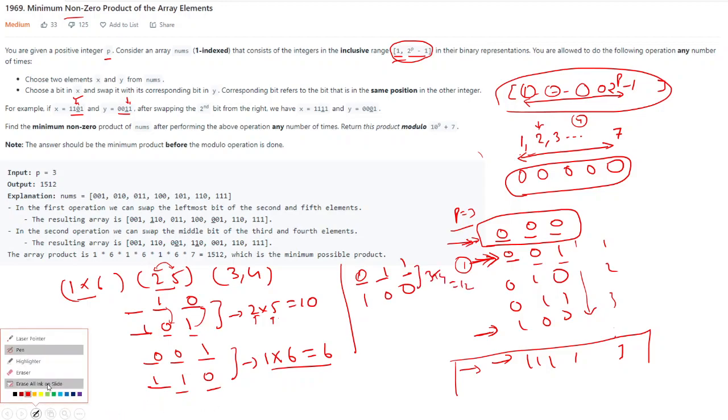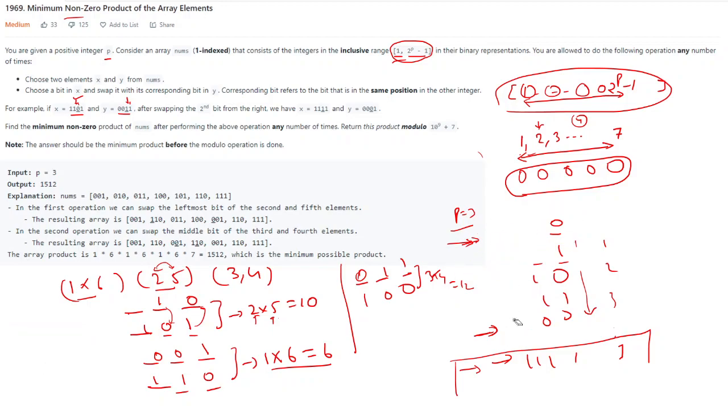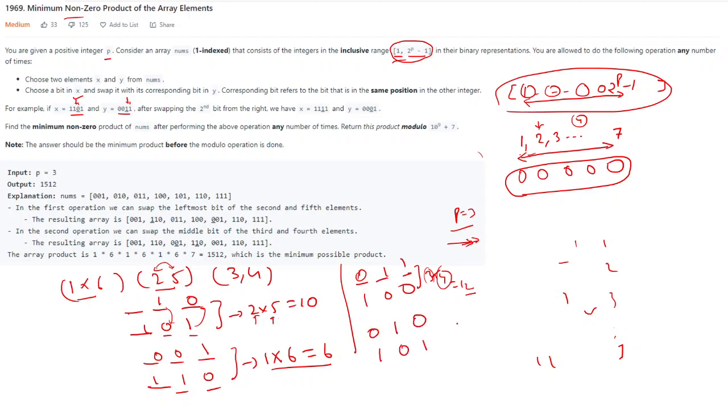Let me erase some part. Yeah, if you see this, 3 into 4 is 12. Let me reduce 1 from here and add that one here. So basically 010 and 101. So it is 2 into 5, so it is 10. Okay, reduced. Now reduce 1 from this top one, 2 to 1, and increase the 5. So we can do something like this, 001 and 110. So it is something like 1 into 6, which is 6.